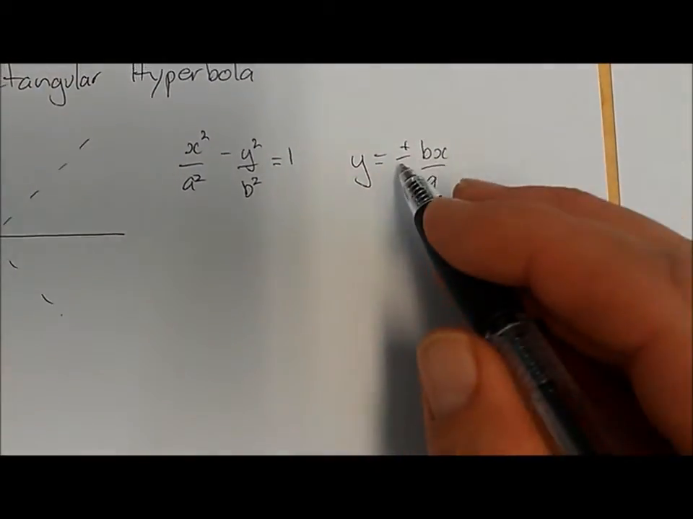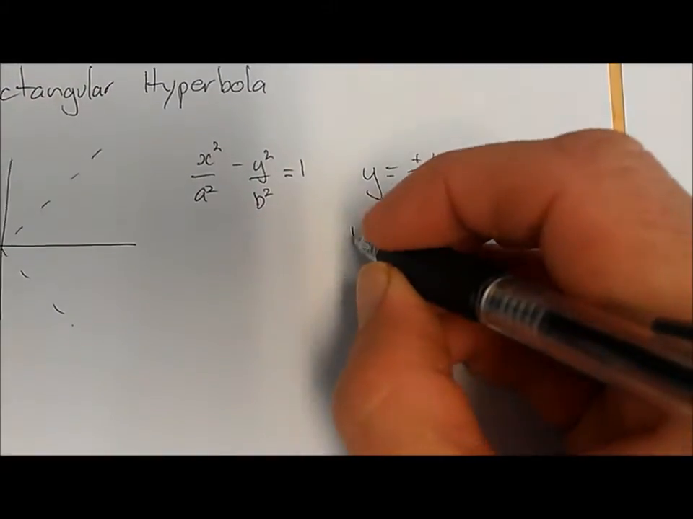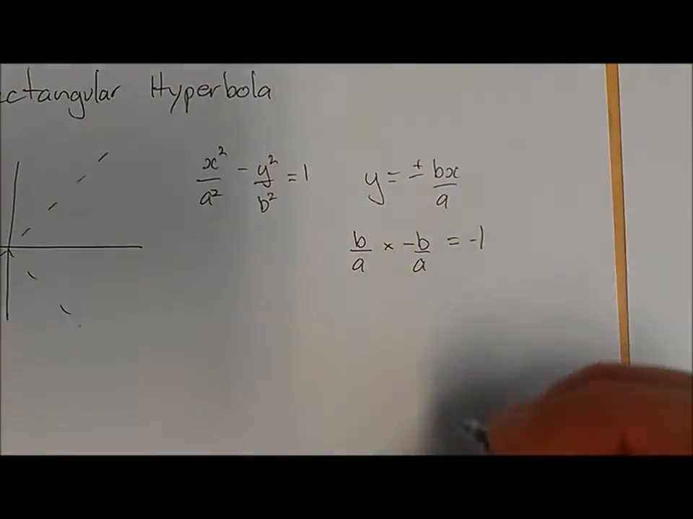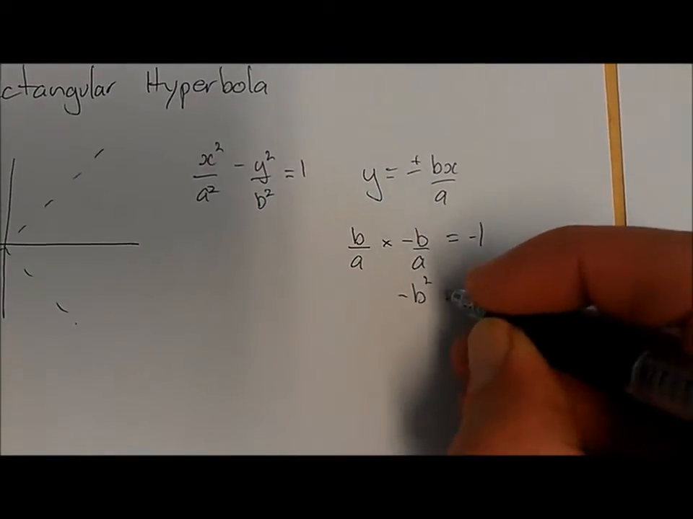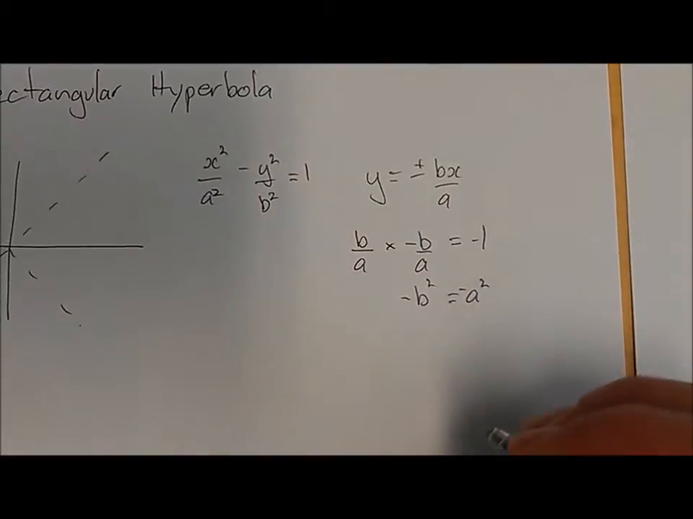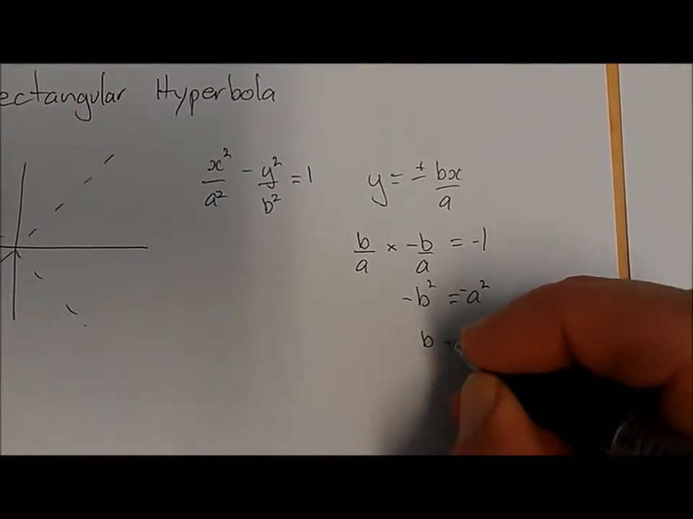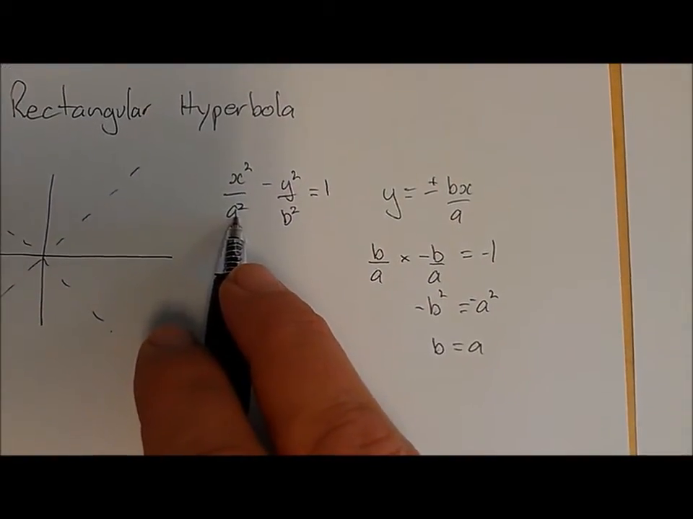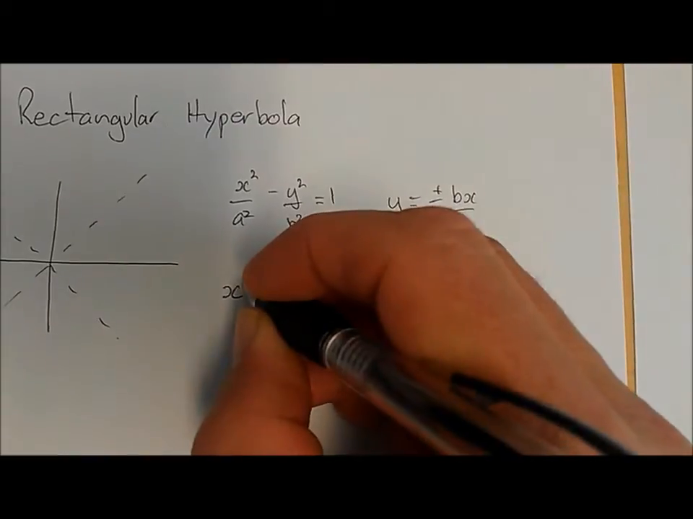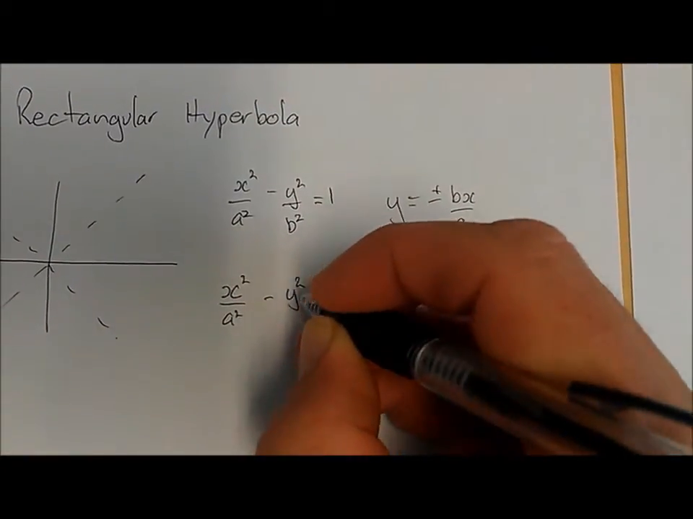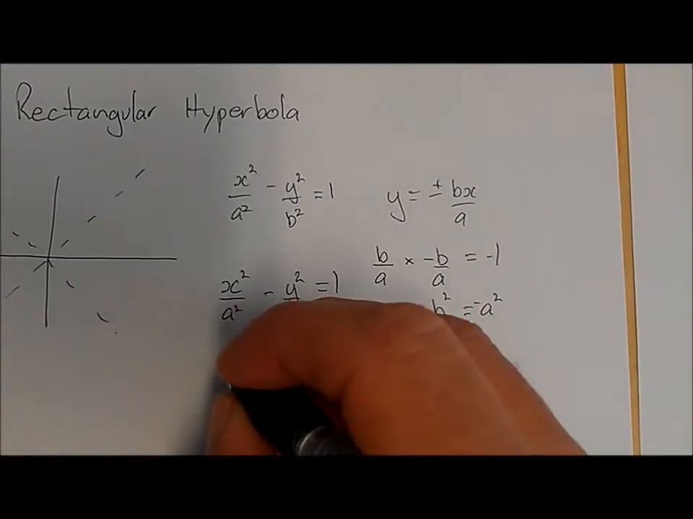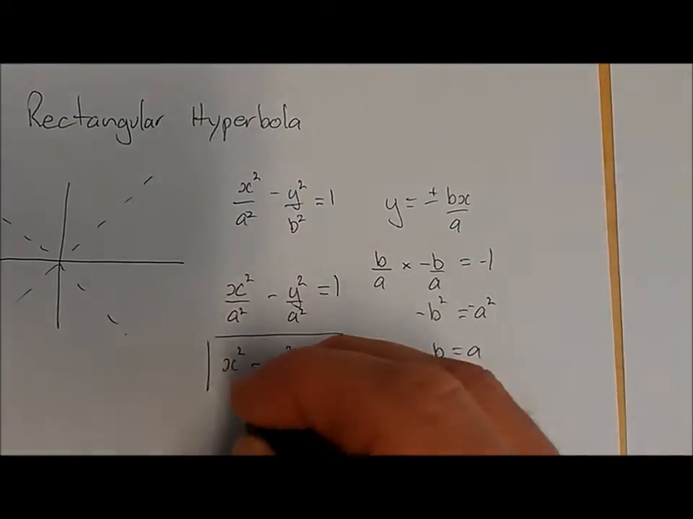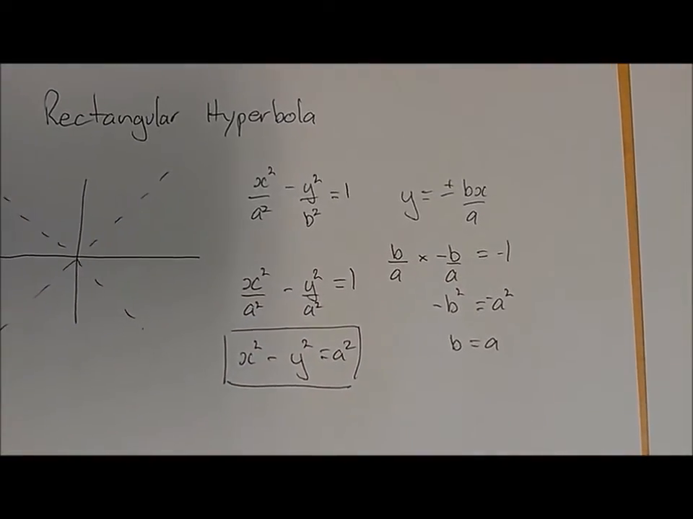Well, now these asymptotes are perpendicular, so the two gradients, that is b on a multiplied by negative b on a, must equal negative 1, which implies that negative b squared is equal to negative a squared, and that b equals a. So if I substitute it back into my original equation, I get as my rectangular hyperbola x squared on a squared minus y squared on a squared equals 1, or in other words, x squared minus y squared equals a squared. And that's the equation of any rectangular hyperbola,